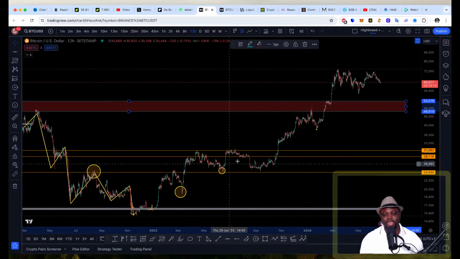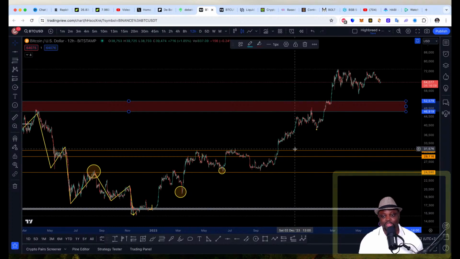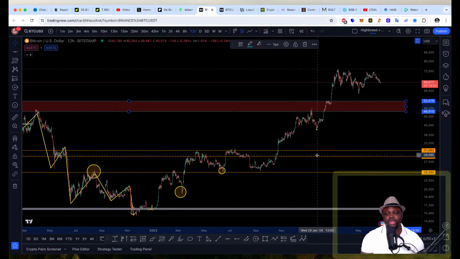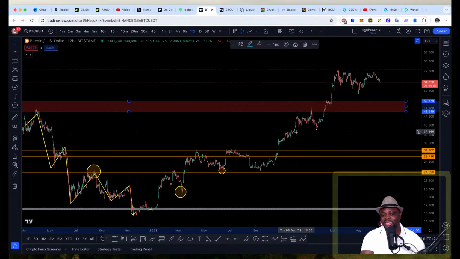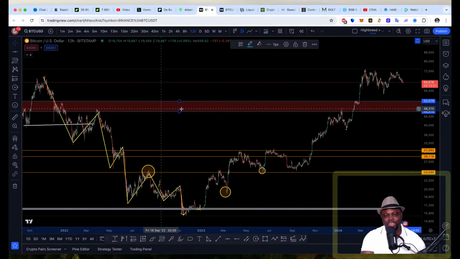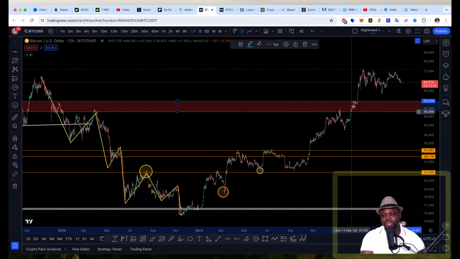I'm just showing you guys that when price breaks structure, price should come to retest structure to give you a healthy chart, so that you can keep knowing that price is going to the upside. But if you are a swing trader, maybe you would have held this position and looked at this zone here as a target. Then if price would have broken this zone like what price did here, what you would have been waiting for is a retest to this zone, and I think we're gonna see Bitcoin go to 52K. We're gonna see Bitcoin do that.